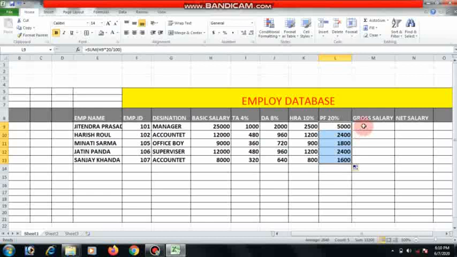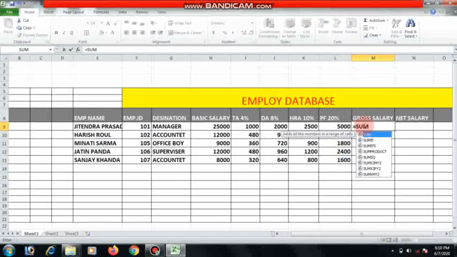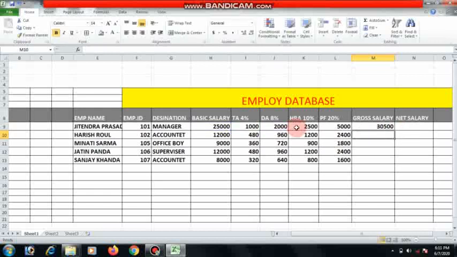Okay, then gross salary is equal SUM basic salary plus TA plus DA plus HRA. Otherwise, basic salary cell address to HRA cell address. Okay, then press the enter key.